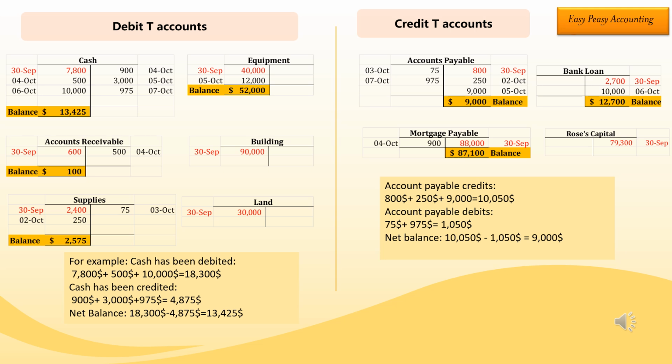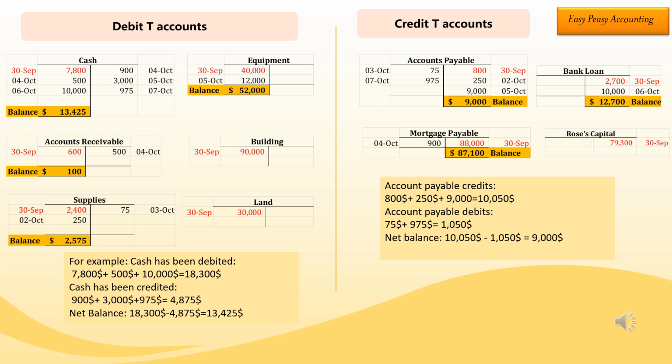Example calculation. Cash debits, $7,800 plus $500 plus $10,000 equals $18,300. Cash credits, $900 plus $3,000 plus $975 equals $4,875. Net balance, $18,300 minus $4,875 equals